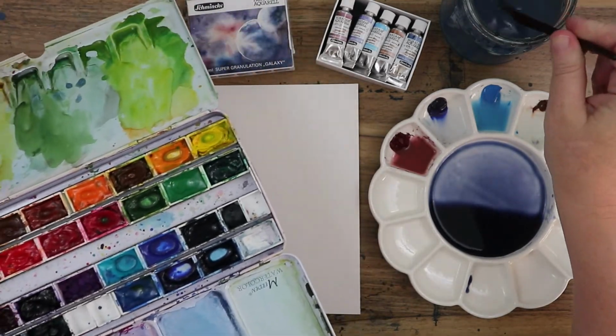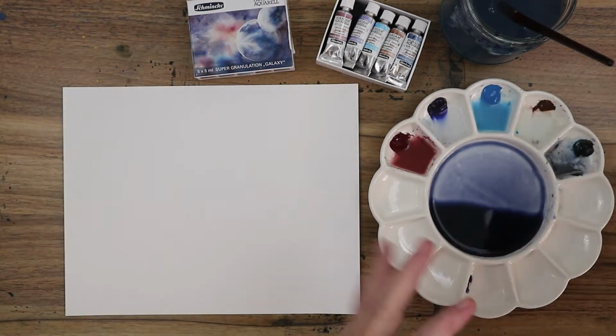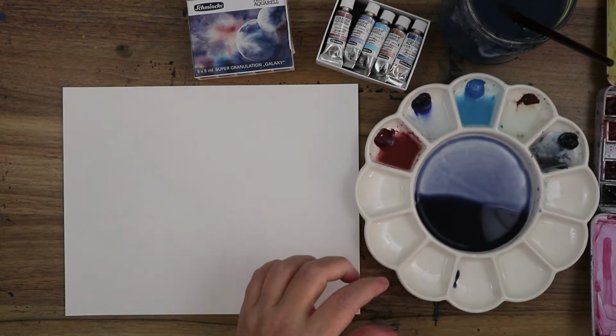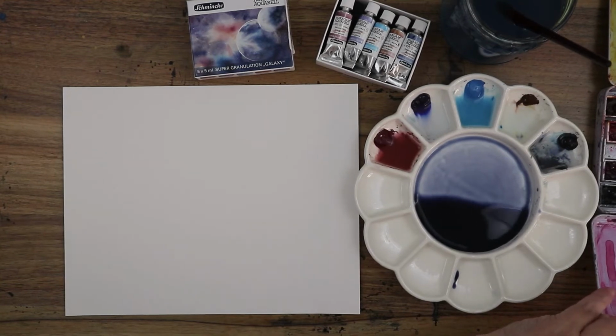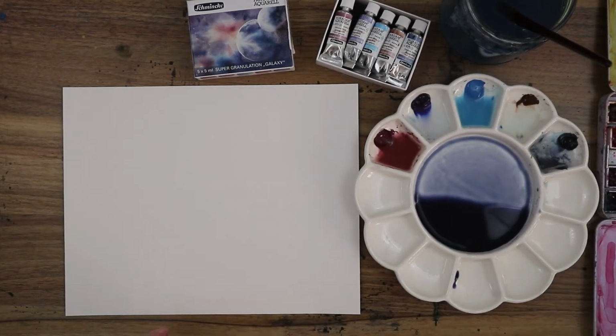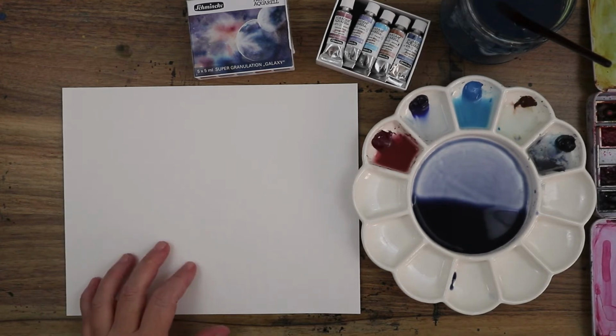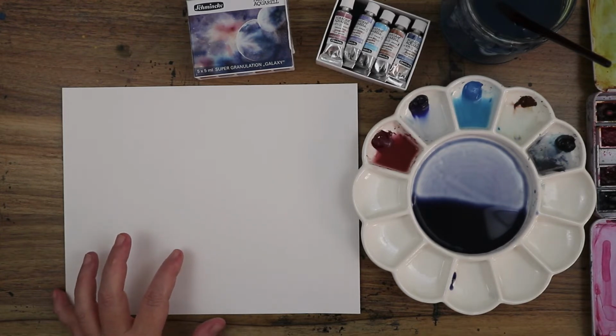Alright, so far those are the two colors I generally use for the darker shades of my galaxy. And then I might go in with other lighter colors just to see what would happen. But in the interest of creating a galaxy that, I don't know, feels galaxy-ish,